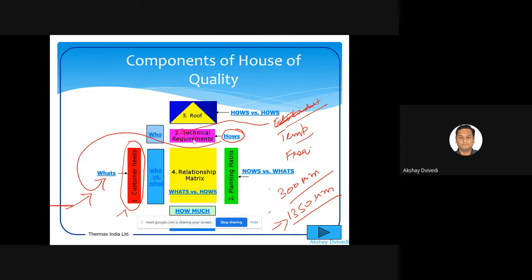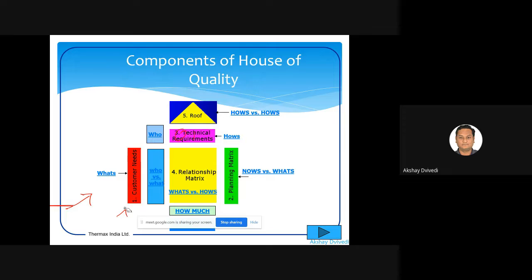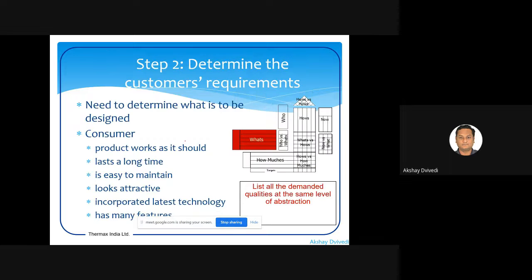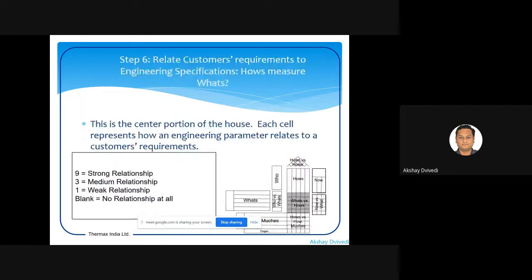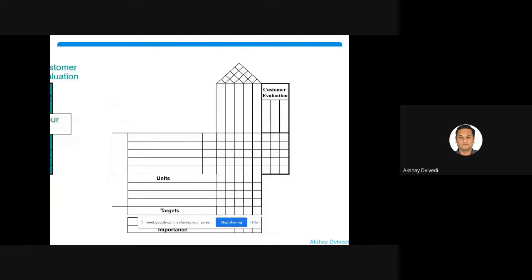So there can be a number of technical ways by which you can fulfill those customer requirements. And maybe all of those things may not fulfill each and every requirement, but of course they are contributing to some of them. That is the house. Now let me show you a bigger figure for this so that things will be slightly better understood by you.